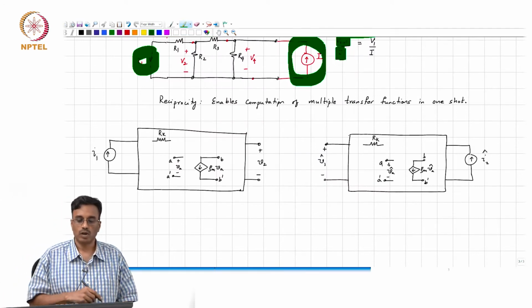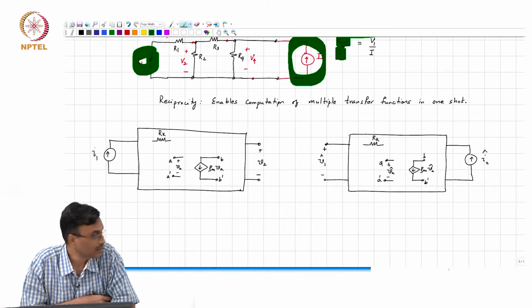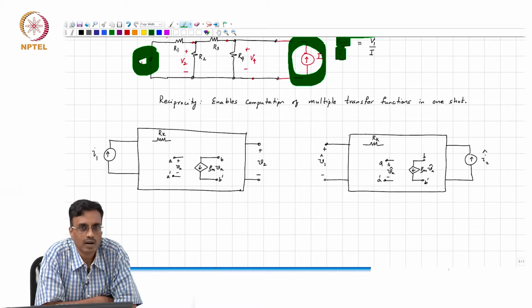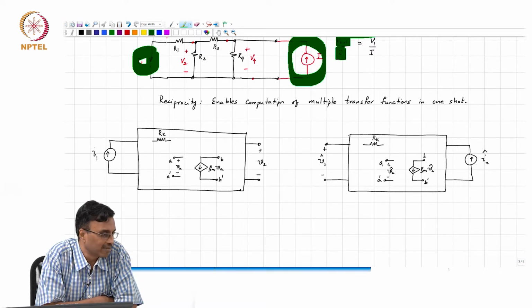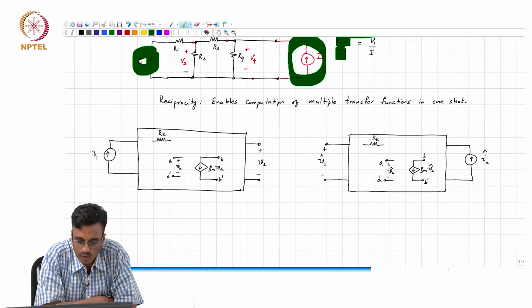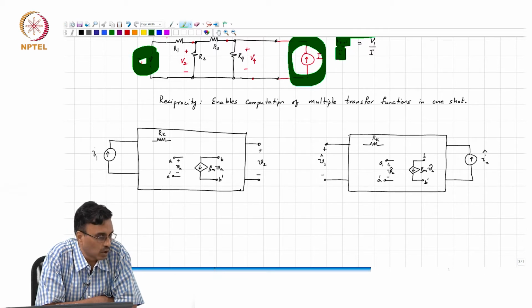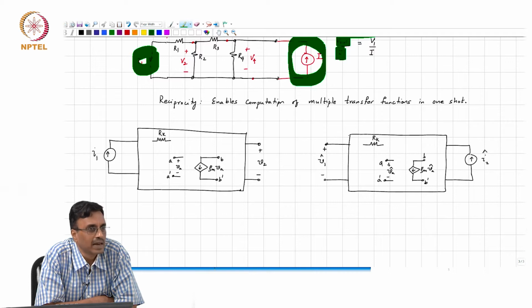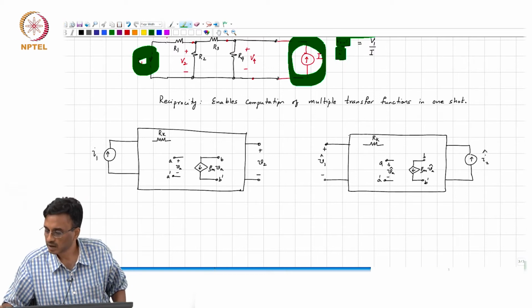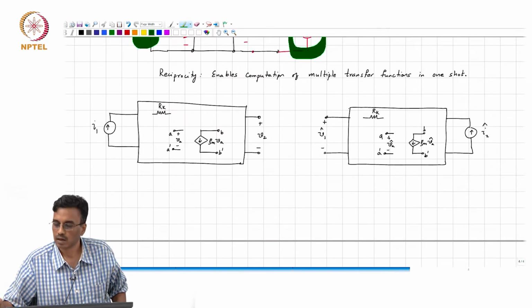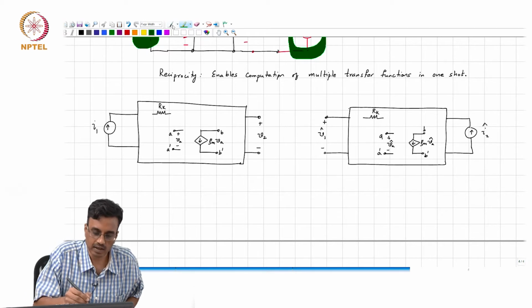Okay. So, coming back to the limitations of reciprocity as we have seen so far, they stem from the fact that we only had elements, typically R, L and C, inside the network. While we like R, L and C, in electronics we are dealing with controlled sources all the time, and we would like to see if we can make any headway with controlled sources. And that is what we are going to see next.